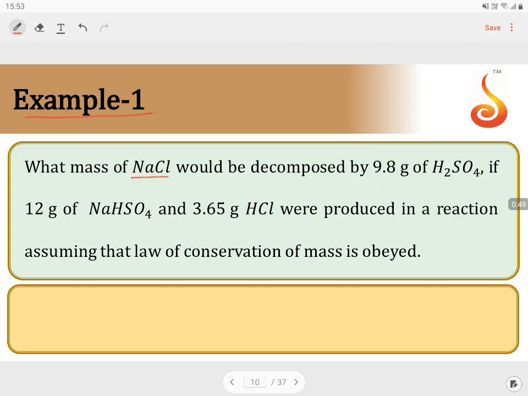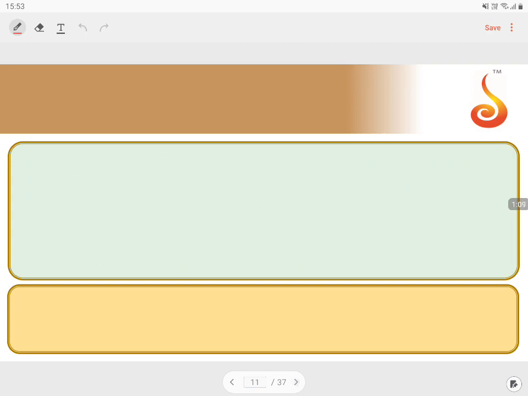What mass of NaCl would be decomposed by 9.8 grams of H2SO4 if 12 grams of NaHSO4 and 3.65 grams of HCl are produced in a chemical reaction? So if you take this data forward, let us take the reaction. What is the reaction for this? NaCl is going to react with H2SO4 to give a product